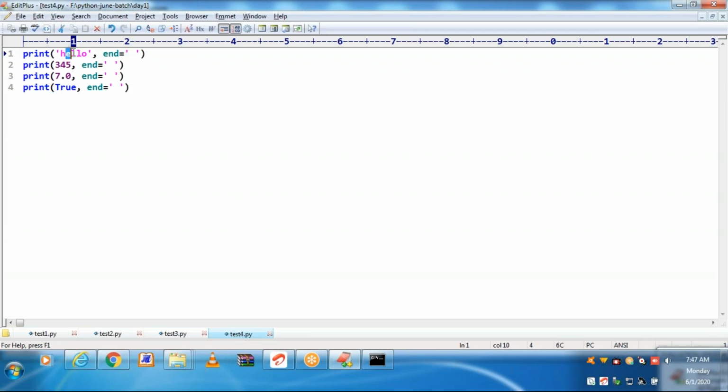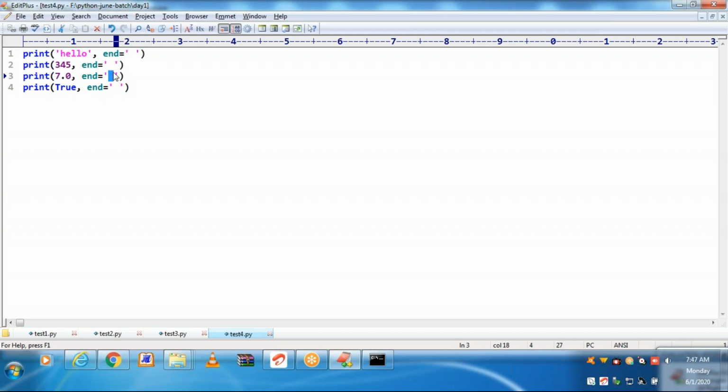After printing hello, we are telling it to retain in the same line with a space as a separator. It is retaining in the same line, then 345 is printed in the same line with a space as a separator. After the space, retaining in the same line, printing 7.0 with a space as a separator.